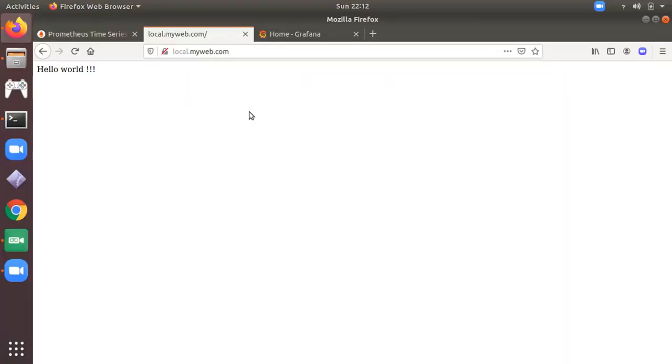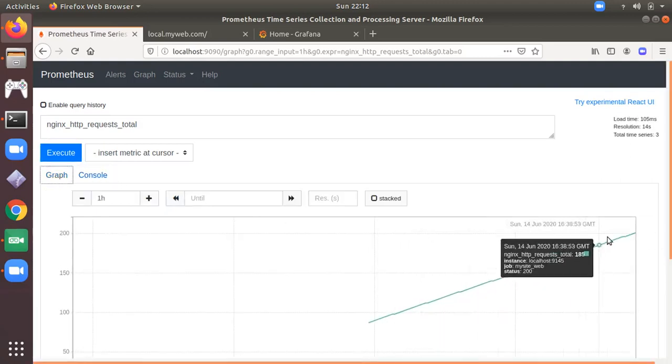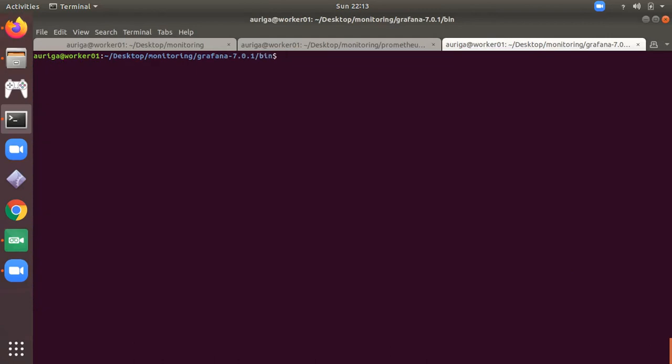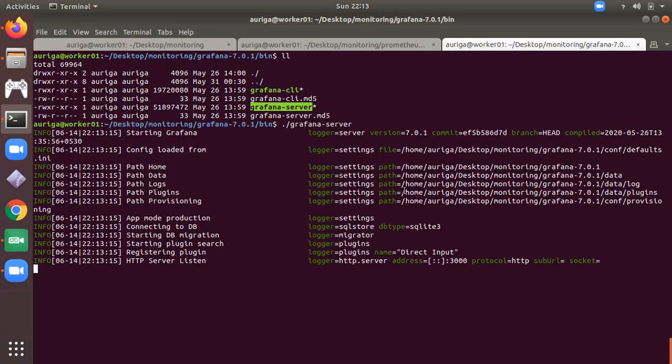Now if you want to represent this data in graphical format, you can use Grafana. Although Prometheus also shows you a graph, it's not so user friendly. So you can use Grafana for that. Let me start Grafana. This is the binary file to start Grafana. So it's showing that Grafana is started at port number 3000,